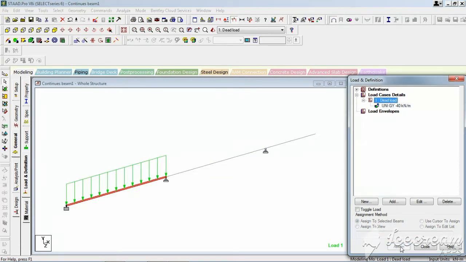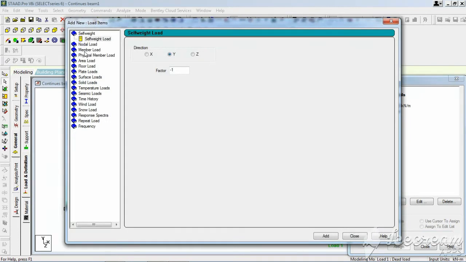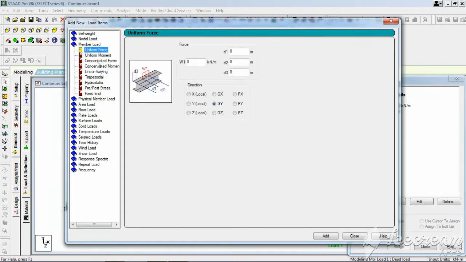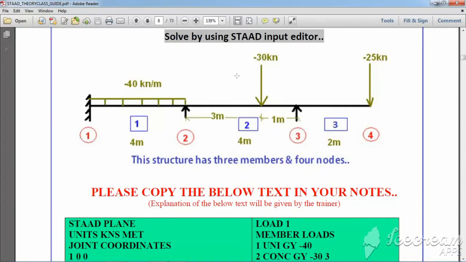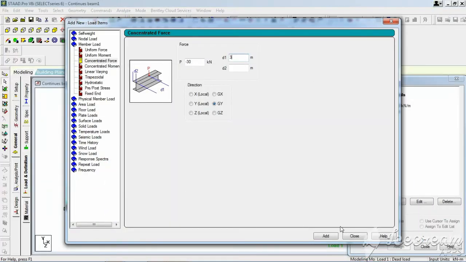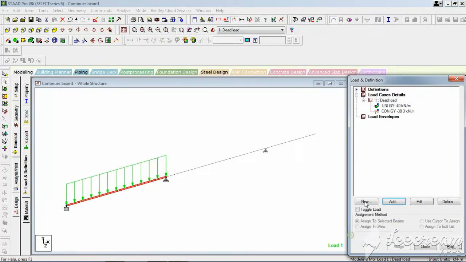Go to add, uniform force and member load, and again concentrated force, minus 30, and apply it at 3 meters. We have given this load at a distance of 3 meters from this point.